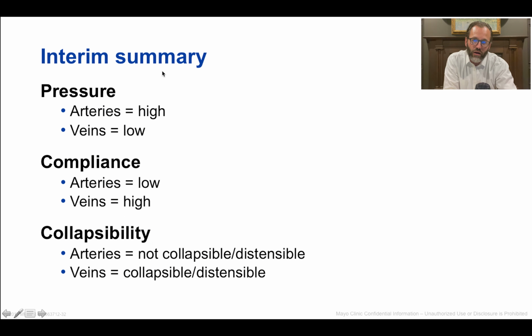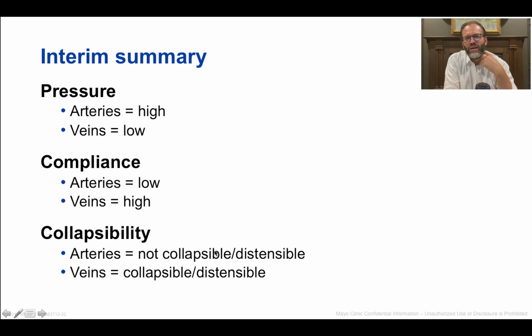So when we take a quick interim summary here, we say, well, when we're looking at pressures in these two systems, arteries, of course, have high pressures, veins have relatively low pressures. With regards to compliance, arteries have low compliance and low distensibility. Veins have high compliance, high distensibility. And importantly, subsequently, when we're looking at the collapsibility of these vessels, arteries are really not very collapsible or